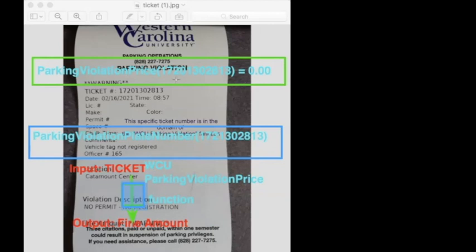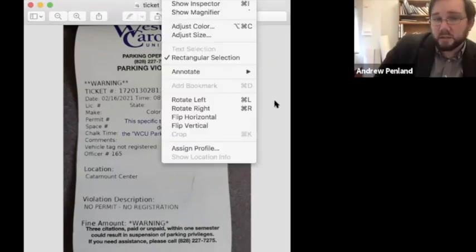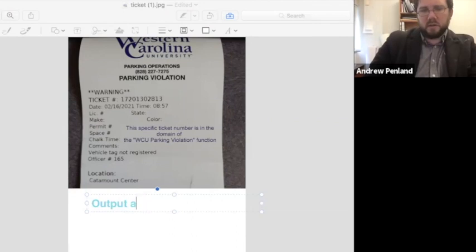Would it also work for like the make and the color? I mean, it's not a number, but would that also work? Yes, that's an excellent question. The output of the function does not have to be a number. A really crucial concept that maybe deserves